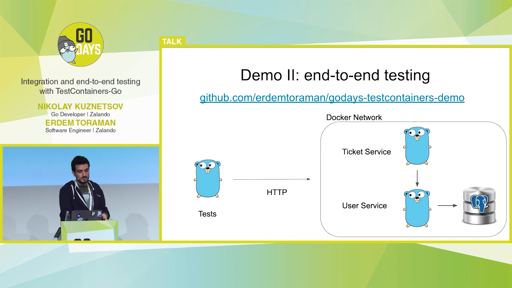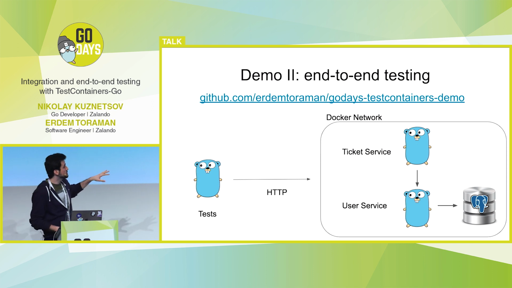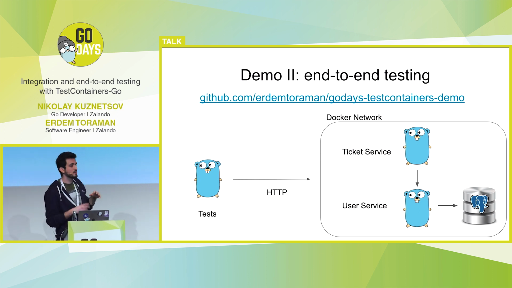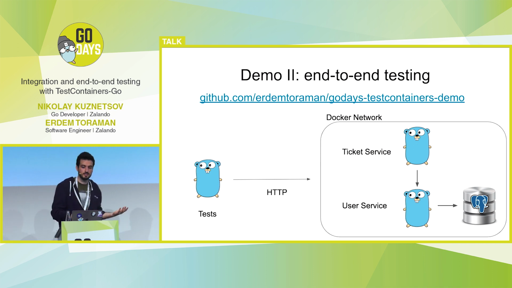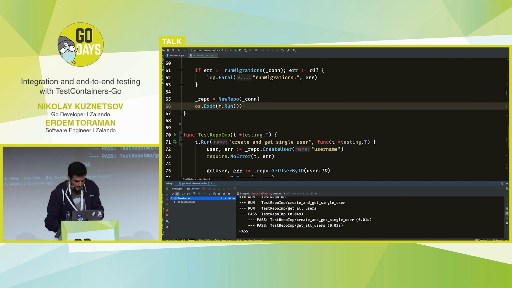So our tests are going to run an HTTP test. All of these services, the ticket service, the user service, and the Postgres as well, will be their own containers running in the same Docker network. They will also expose some ports to the outside world, so we can debug and test things as well. So if you want to go to that demo,